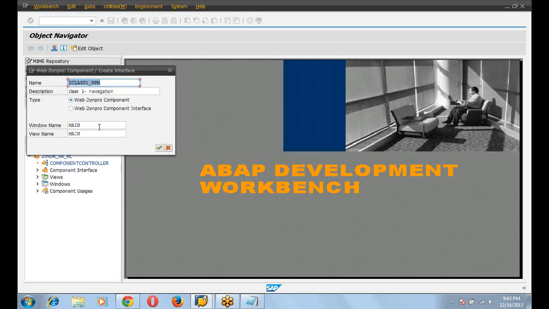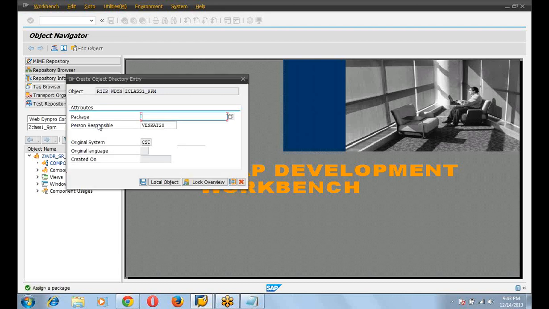So every time you have to give different names. It is better to give names like window 1 and view 1. Press enter. Now you can save in any package or you can save as a local object.